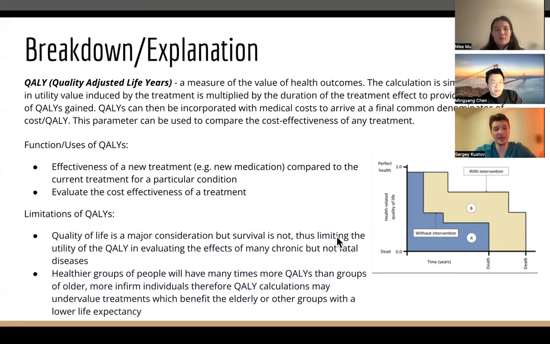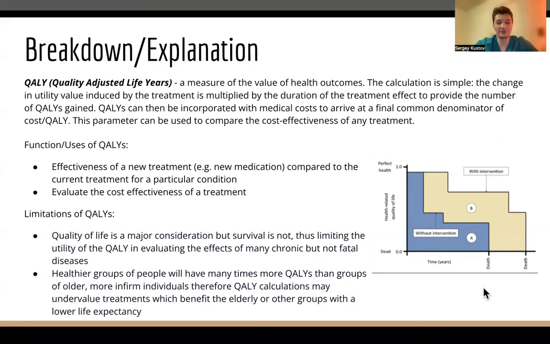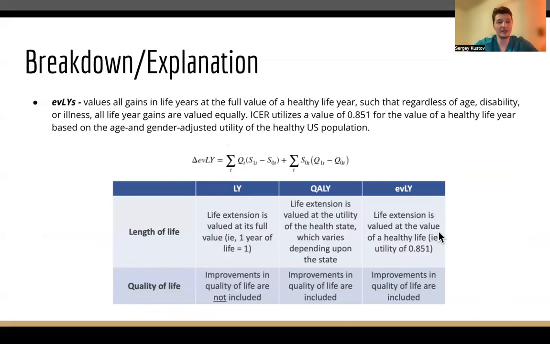One thing I want to focus on is the function and use of quality-adjusted life years gained. It essentially measures the effectiveness of a new treatment compared to the current treatment for a particular condition. It is used to evaluate the cost effectiveness of the treatment itself. It does have a few limitations. One, quality of life is a major consideration, but it is not a survival measure, thus limiting its utility. And two, healthier groups of people will have many times more quality adjusted life years than groups of older, more infirm individuals. Therefore, QALY calculations may undervalue treatments which benefit the elderly or other groups with a lower life expectancy. Next slide would be the breakdown of